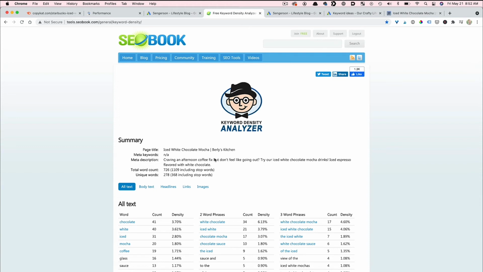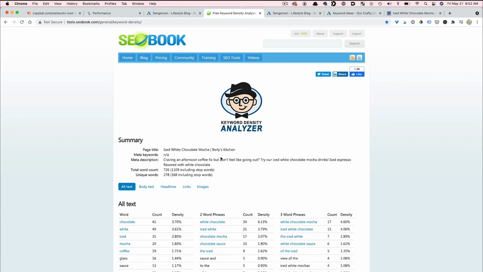descriptions. So this page tells you the page title, the meta description, how many words are on that blog post, and the unique words that are on there. And it's really cool. So let's say you're being very consistent, you're writing content based on what people are searching for, and you're doing your research beforehand, so you're not writing content that no one's gonna look for, right?